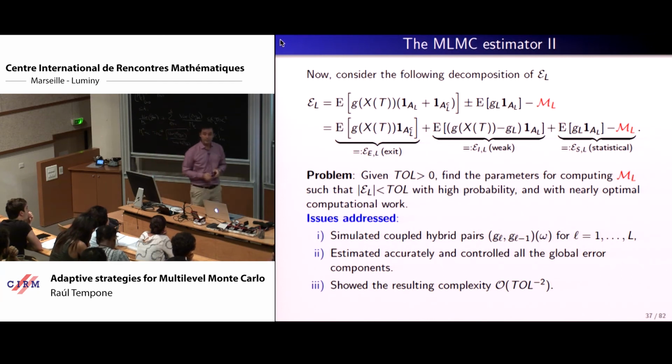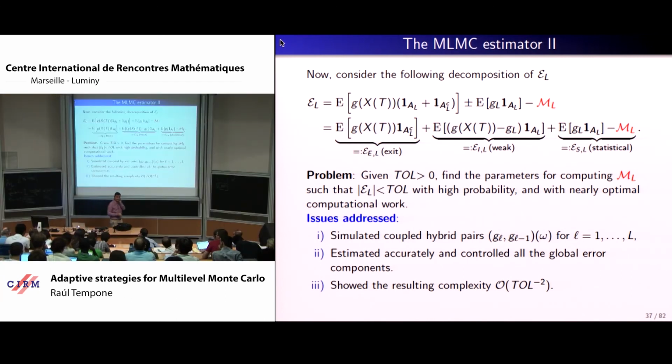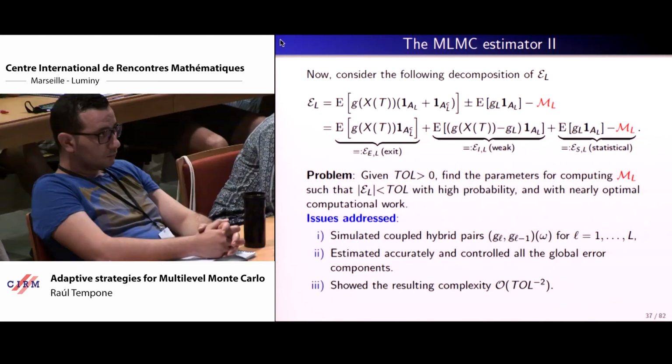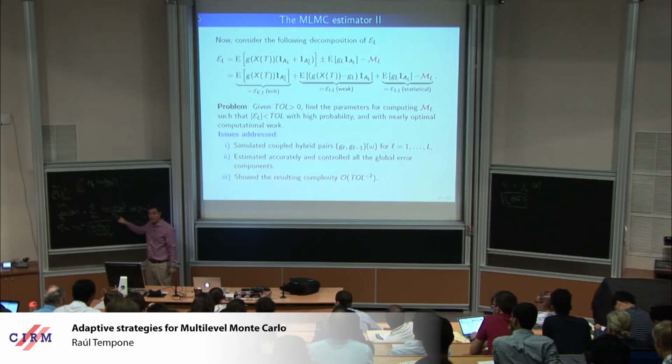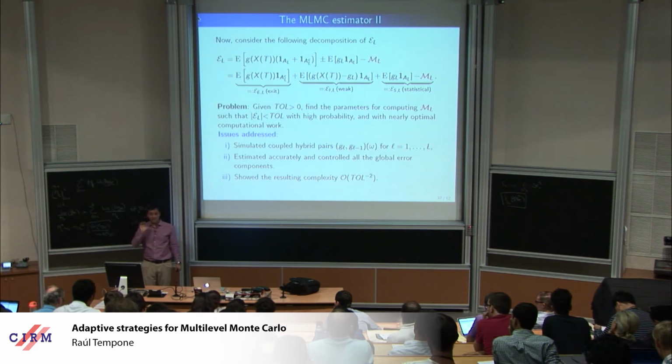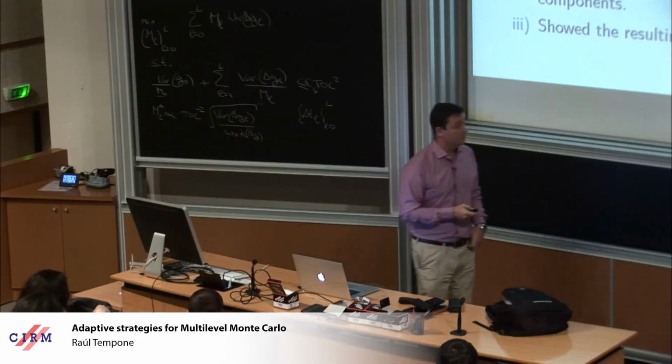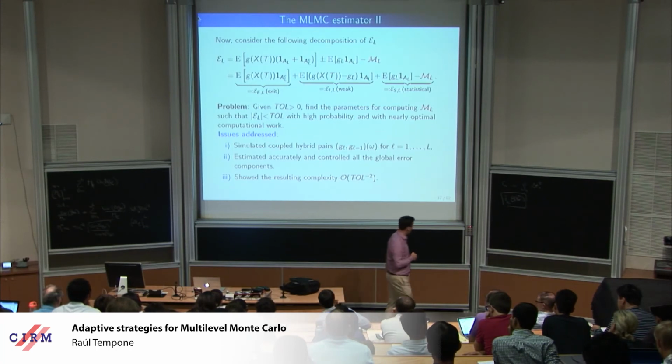What's the problem with that? The problem is that this creates immediately high kurtosis. And high kurtosis is bad news in the multilevel Monte Carlo context because it makes the estimate of variances difficult. So one thing that appears here naturally, as opposed to the diffusion case that I discussed before, is you have to work a little bit further to estimate the right variances in your system. Remember, the m's are driven by the variances, so you need good estimates of these quantities, otherwise your estimates of the m's are wrong, and if the estimates of the m's are wrong, bye-bye Monte Carlo, right? So that's important from the practical perspective.